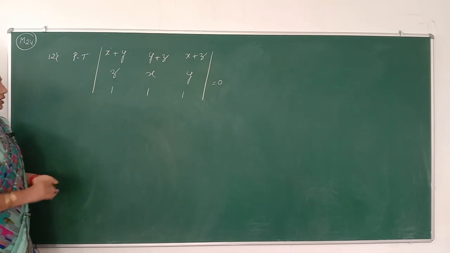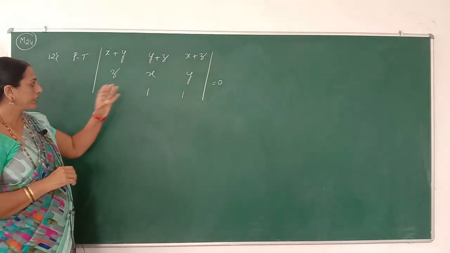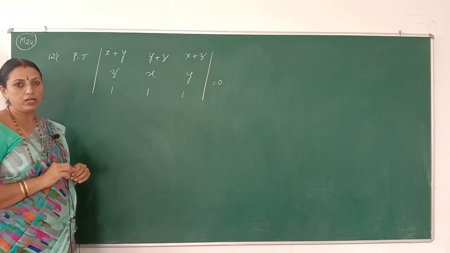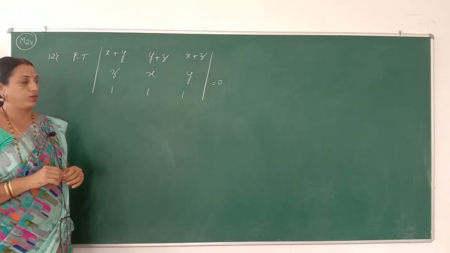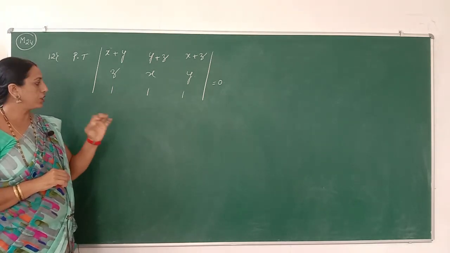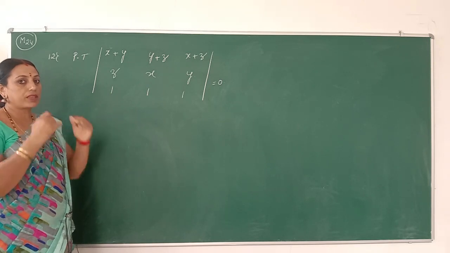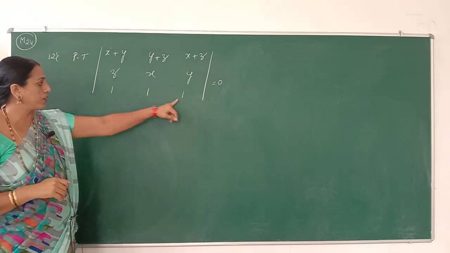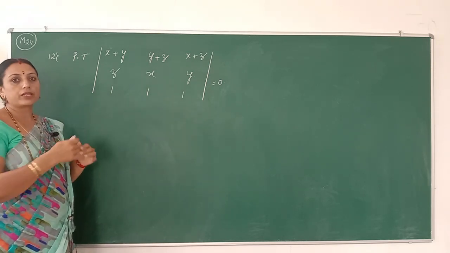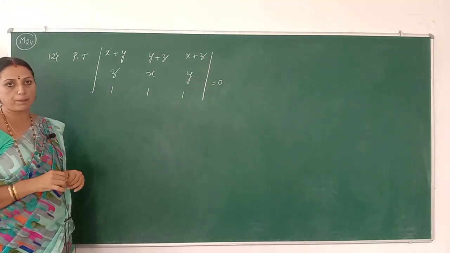So one will observe that if all the elements of any row or any column of the given determinant are 1, it is easy to get 0. If in any one row or column every element is 1 1 1, now it is possible to get 0. Making 0 becomes easy because of the subtraction.